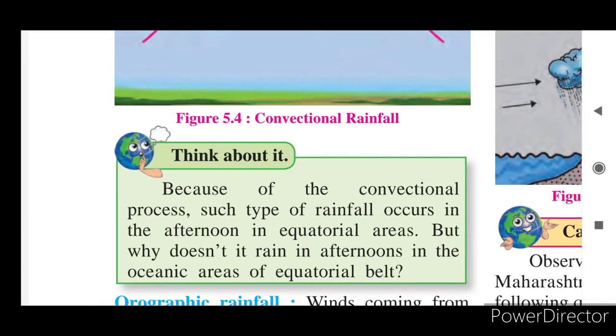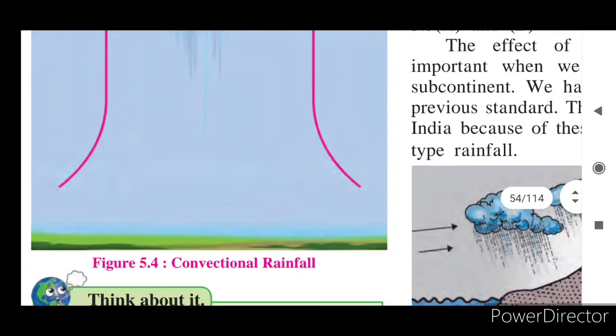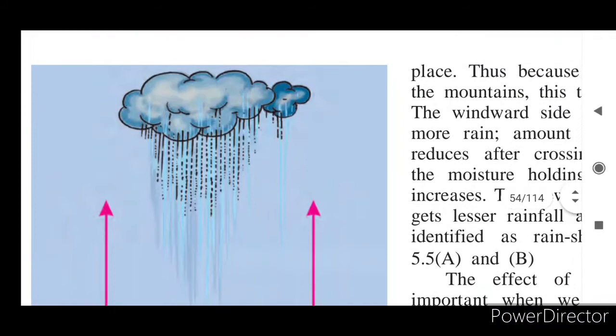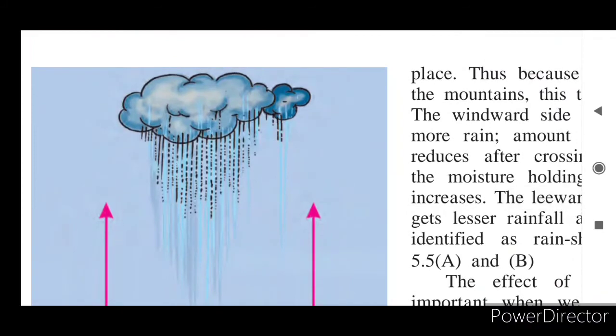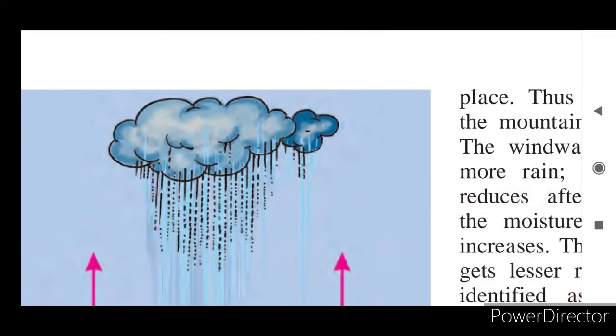Figure 5.4, convectional rainfall in this way. So from the earth, due to heat, the air will float upside, and at high altitude the temperature is less, so whatever moisture is there in the air will convert into water, and these clouds cannot carry that much weight. You take, for example, a sponge, you put the sponge in water